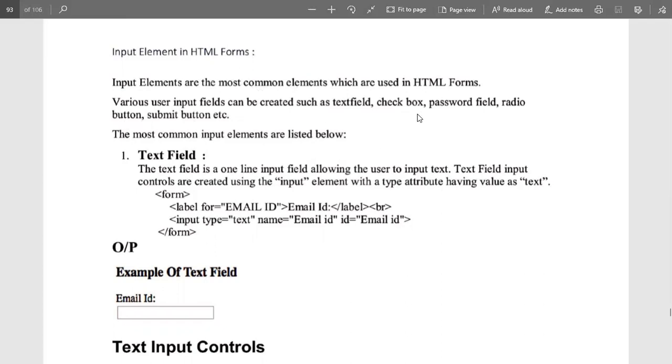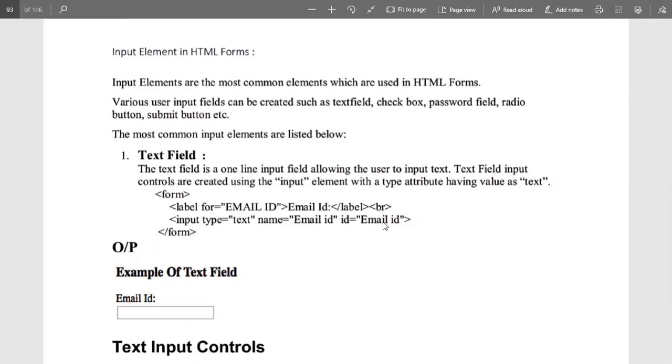So the most common field is the text field. Here this will be mentioned with the help of labels as well, and we do it with input type equal to text, name, the name we want to mention, that is email ID, and the ID is equal to email ID as well. This is the basic and simplest format which we use to insert any text field.